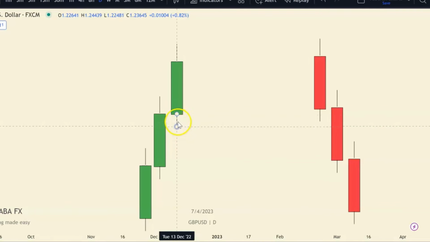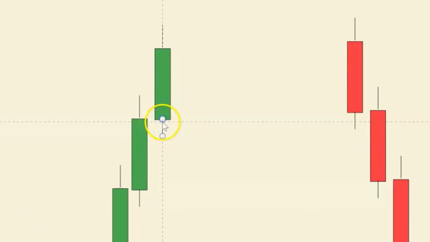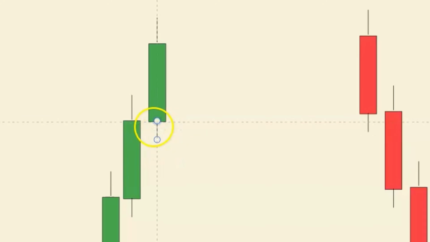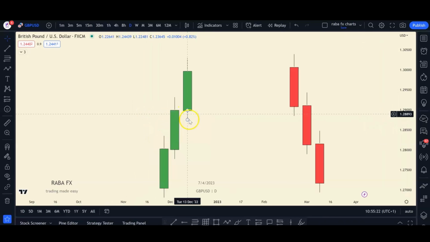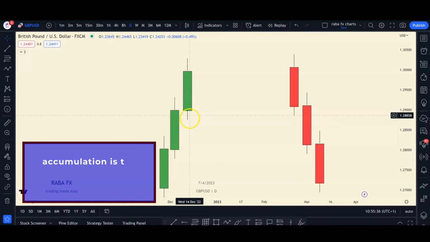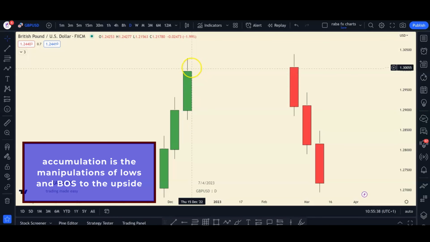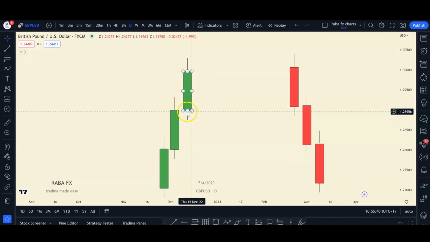This trade low is simply orders coming in. This is where demand will be stuck in. This is where smart money will be accumulating orders. This week to the downside, in my last video, I talked about the market phase. So this market phase here is all about accumulation, meaning the manipulation of the lows and a break of structure to the upside. So when this market opens here, it trades lower, creating the low of that particular candlestick, then